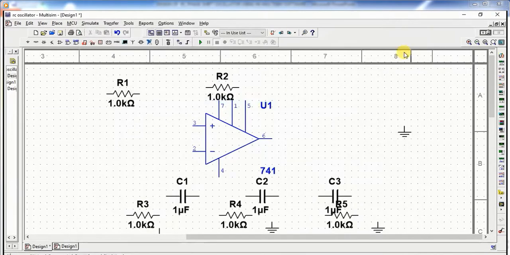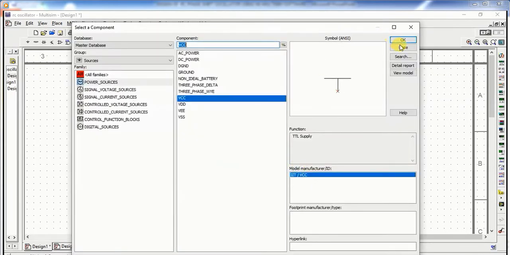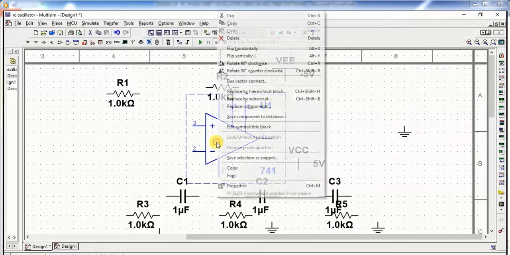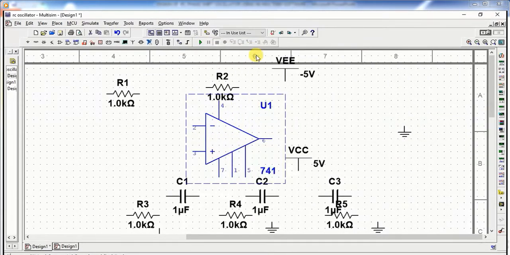Select the supply voltages. In the circuitry the supply voltages are required. So these are the supply voltages, that is plus VCC and minus VE. Select these voltages also. Now flip this circuit and connect all the components like this.